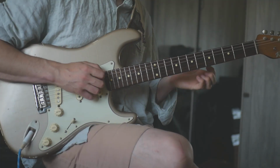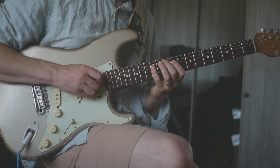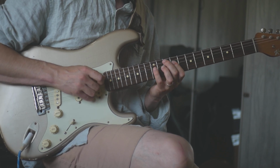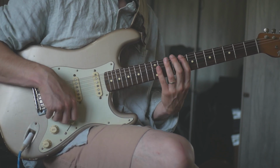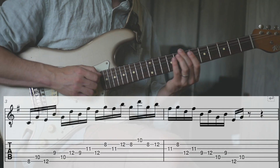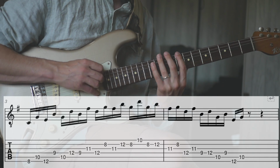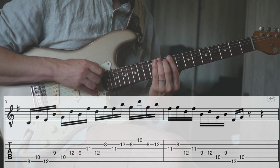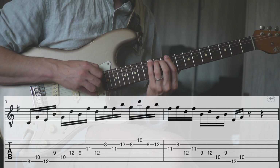And once you get the flow of this kind of thing, I'll show you that actually to start with. So we're on the 8th fret, and I'm thinking about this as a C Lydian or G major thing. So C here on the 8th fret, G on the 10th fret, hybrid, E on the 12th fret,